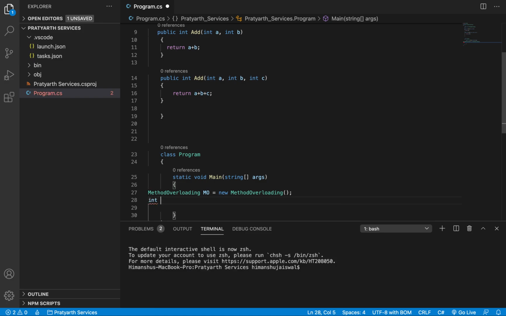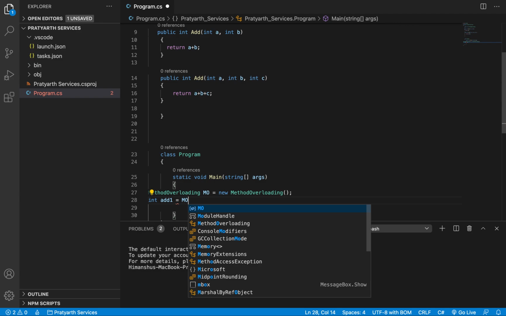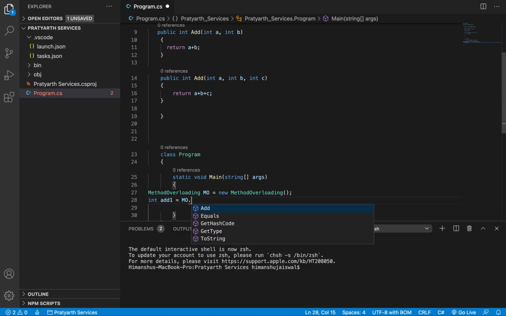Firstly I am going to define add1 equals, calling the first method which takes two inputs, like 1 plus 2.